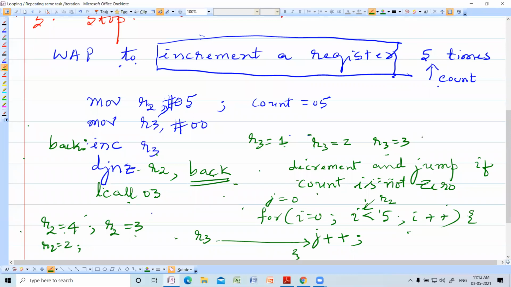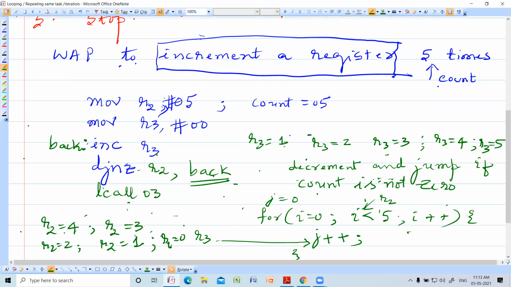Once again, it increments R3. R3 becomes 4. Once again, it decrements R2. R2 becomes 1. It is not 0 once again. It goes back. R3 becomes 5. Once again, it decrements R2. R2 becomes 0.